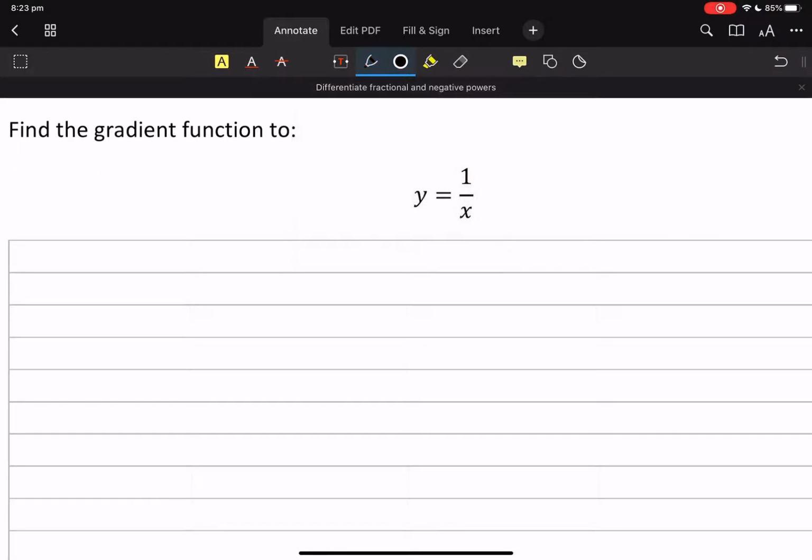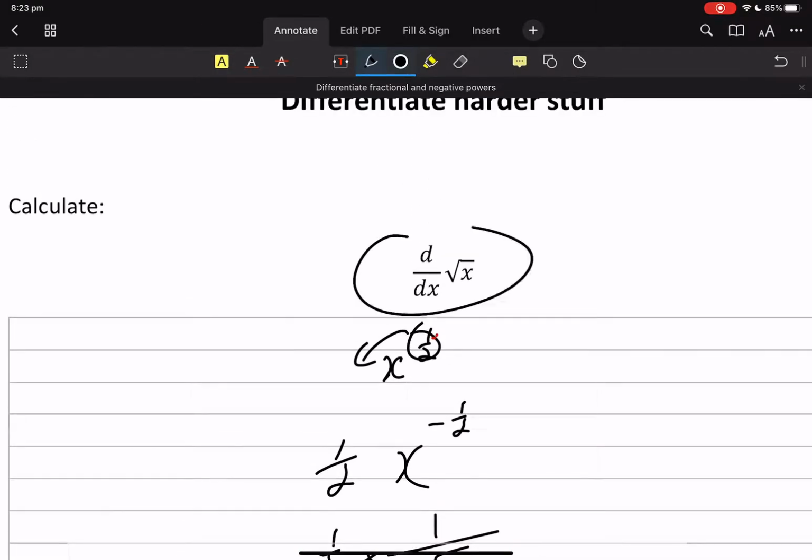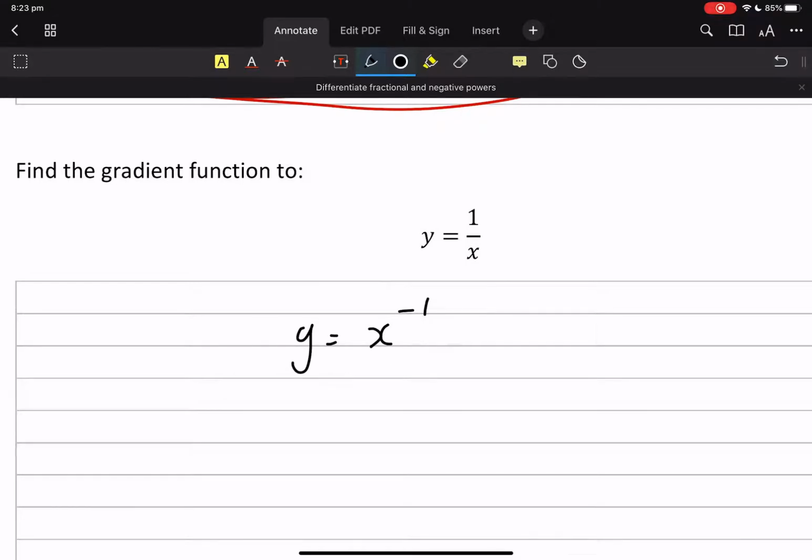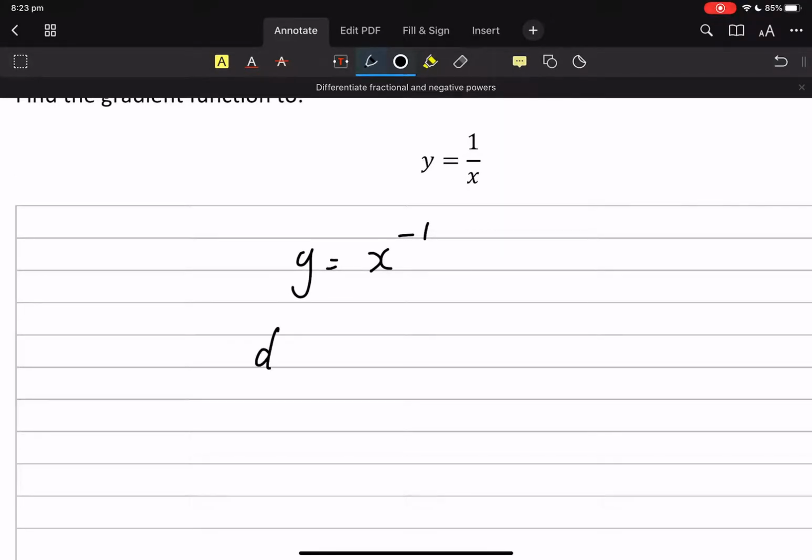Same thing here. That's really hard until you just go, well, that's y equals x to the minus 1. So again, you'll notice the different terminology I'm trying to get you used to. There's different ways of asking the same thing. Here, it's what's the gradient function. So here, there's my function. So my gradient function could be dy